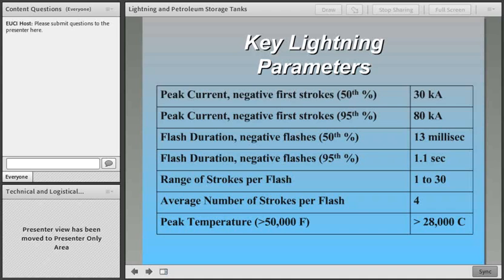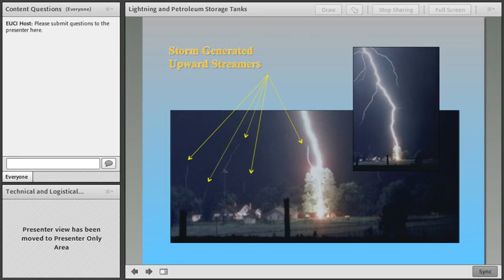So a very common question about lightning is, does lightning go from the clouds to the Earth or from the ground towards the cloud? And the correct answer is both, really, because it starts with a downward leader from the cloud, but that leader is intercepted by an upward streamer coming from the Earth. So there's two components. And when these two components connect, then you get your visible lightning strike, your massive lightning current, and so forth.